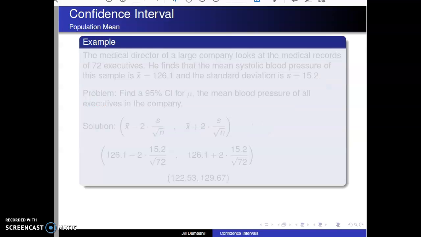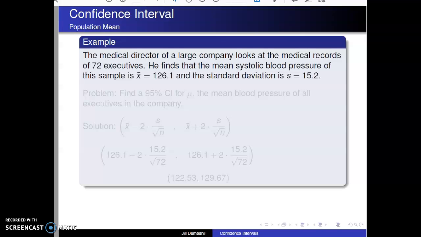Let's consider an example for finding a confidence interval for a population mean. The medical director of a large company looks at the medical records of 72 executives. He finds that the mean systolic blood pressure of this sample is x bar equal 126.1, and the standard deviation is S equal 15.2. We want to find a 95% confidence interval for mu, the mean blood pressure of all